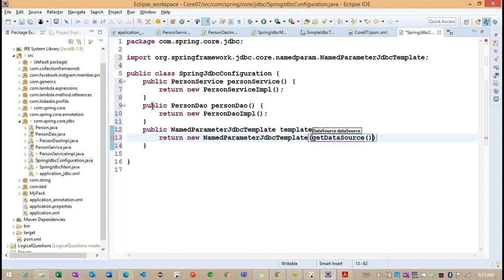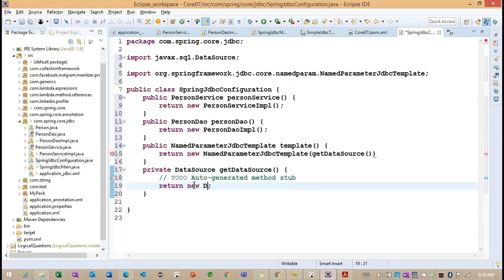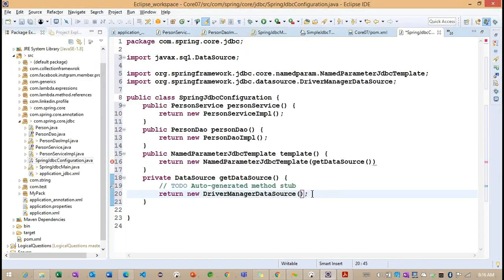To specify this particular data source, I'm creating a data source method. To create the data source, we can return a DriverManagerDataSource.